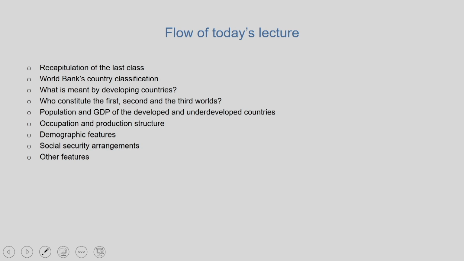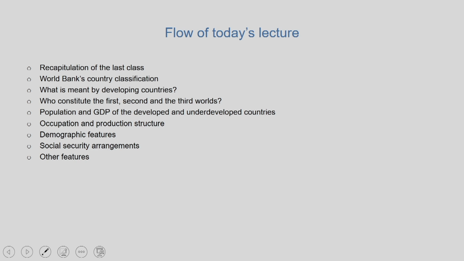First, I will recapitulate from the last class, the first lecture. Then I will give the country classification followed by the World Bank based on the income criterion. Then we'll have a brief look into what is meant by developing countries, who constitute the first, second and the third worlds. We will also look at the population and GDP distribution of the developed and underdeveloped countries of the